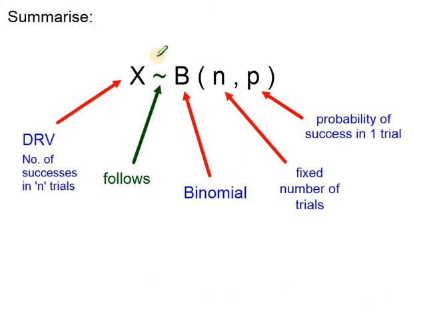We summarize a binomial probability distribution in this form, where uppercase X is a discrete random variable which represents the number of successes in n trials. So the number of successes can be modeled by, or follows, a binomial probability model where n and p are its parameters. So n is the fixed number of trials, and p is the probability of success in one trial, and p is